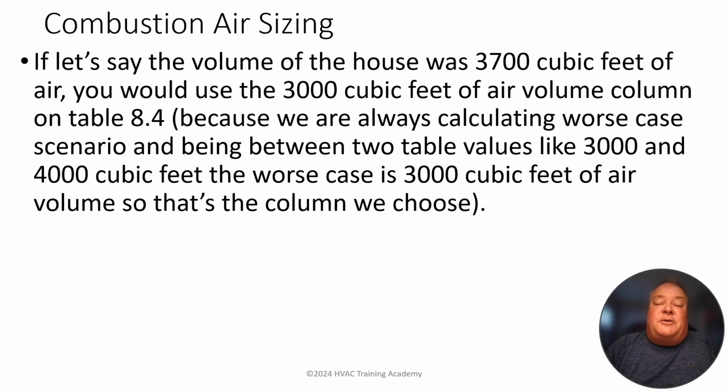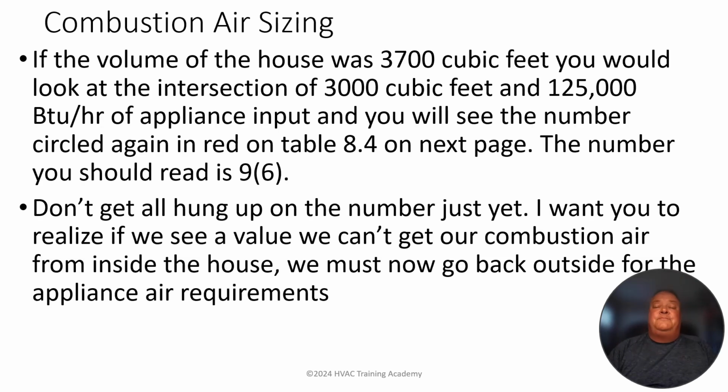If the house had a volume of 3,700 cubic feet, we would use the 3,000 cubic foot air volume column on 8.4 because, again, we're always going to do a worst case scenario, which is less air. With two tables like 3,000 and 4,000, the worst case scenario is to have less air. So we're going with 3,000 cubic feet of air for this example. We look at the intersection of 3,000 cubic feet and 125,000 BTUs of appliance input,